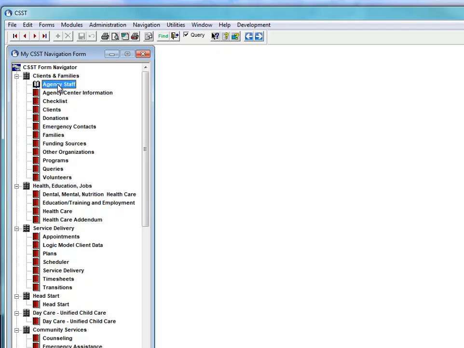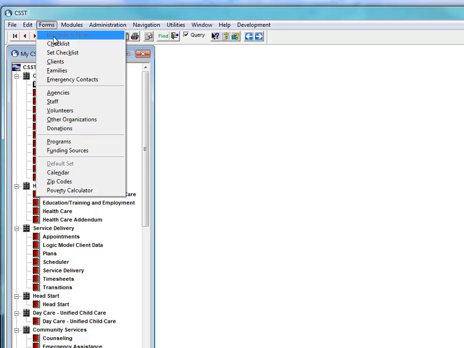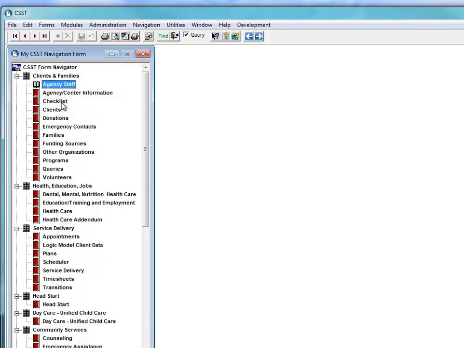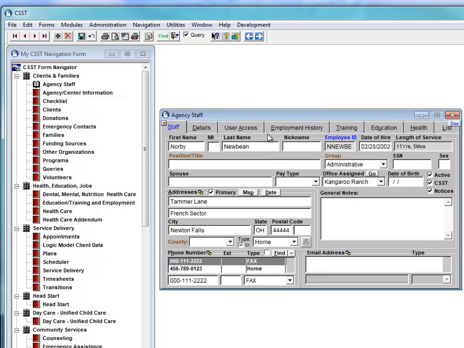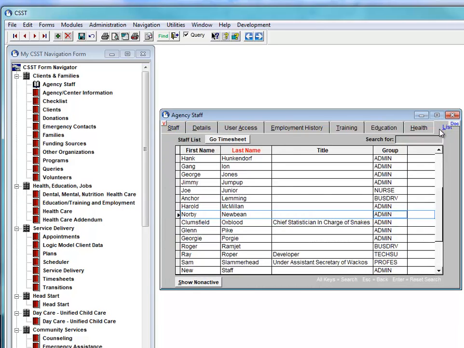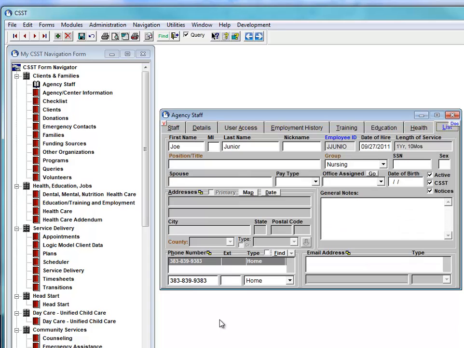I can double click it there, or I can go to forms and choose staff here and open it that way, and we'll open up the staff form. The first page is the key page for adding a staff member, and you can see a list of them on the last page of the form. So you can choose a line here and then go back to the rest of the pages will be that